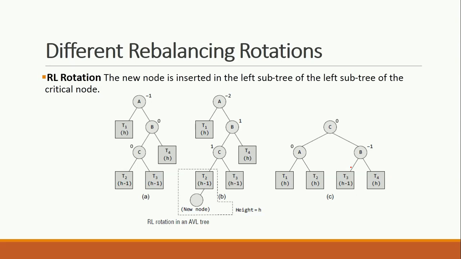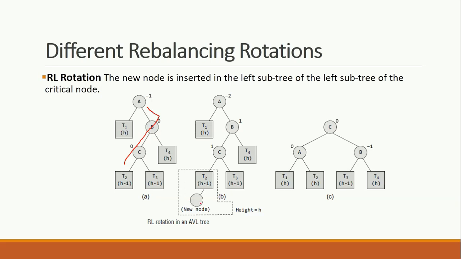We can see this is the normal AVL tree. It is entirely balanced. That is H minus 1 and H minus 1, which gives us 0. It is H, so H minus 1 plus 1 is H only. So H minus H is 0. Here it is H plus 1. This entire subtree would be H plus 1, and that is H, so H minus (H plus 1) would be minus 1.